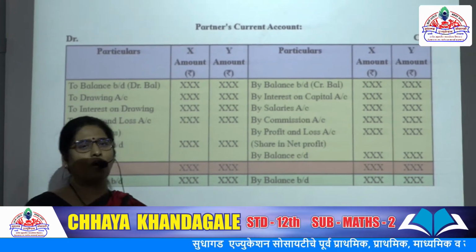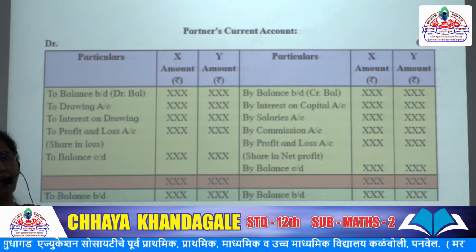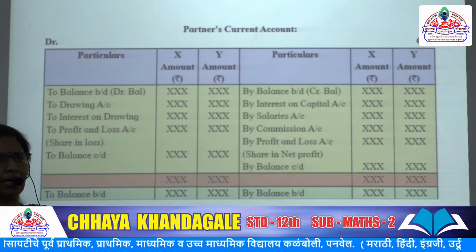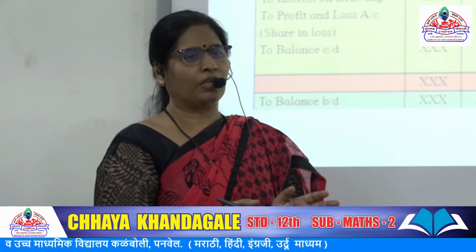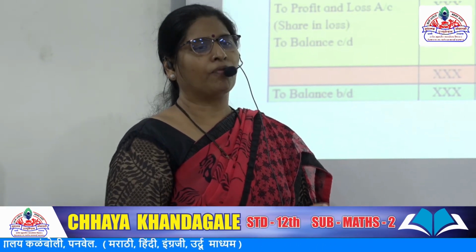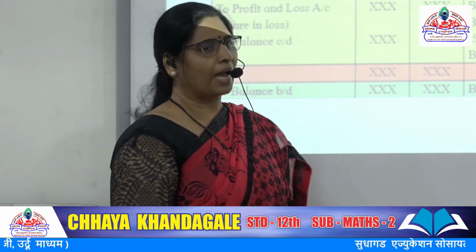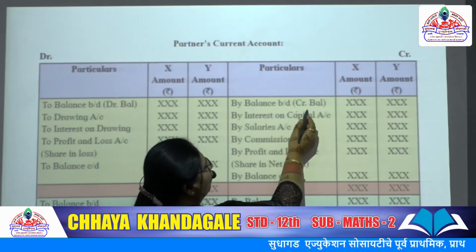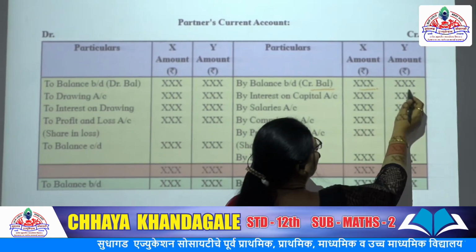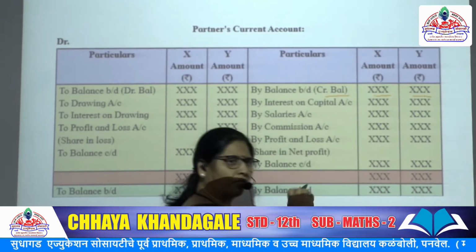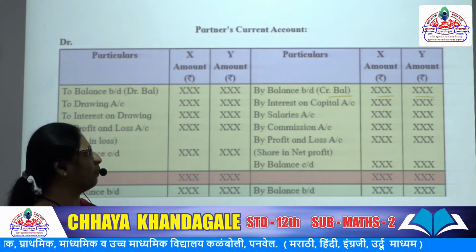Now next, pro forma of current account. Now a current account can have a debit balance as well as a credit balance. Usually a capital account carries a credit balance only, because that is a liability of the firm. For partners it is an asset, but for a firm it is a liability. So if they have given credit current balances in the trial balance, then by balance brought down, here I have written credit balances X, this much amount, say 10,000, 20,000, whatever figure you can take, or whatever initial balance in the current account they have, that much we are going to take.